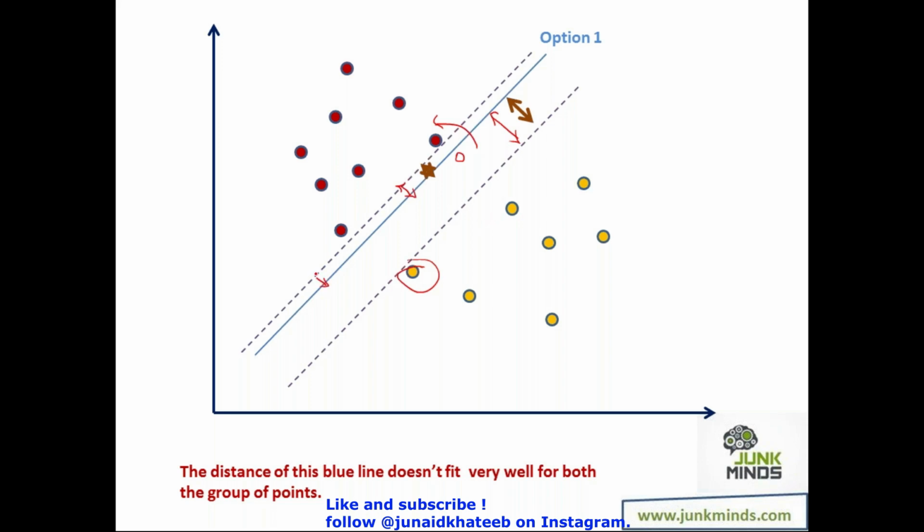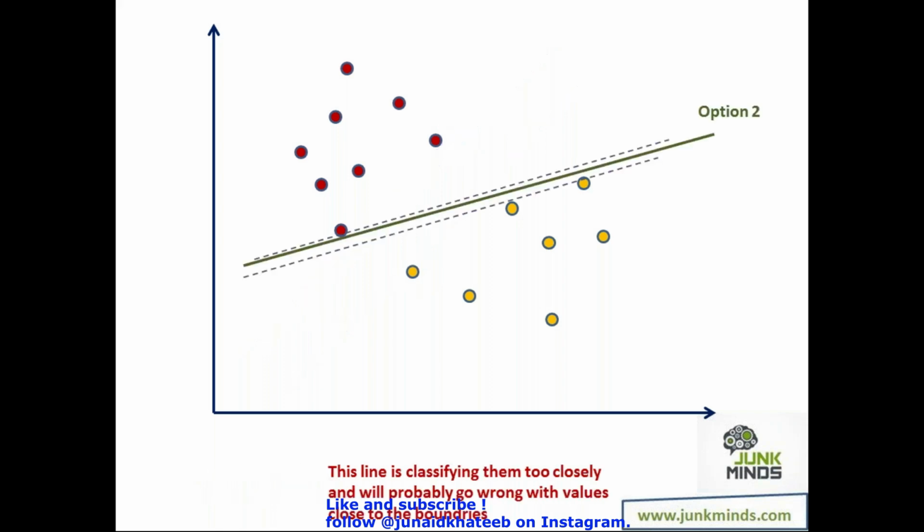This has happened because the margins that I'm getting are not uniform. So this is not going to be a great bifurcation, or a great classification. Imagine if I get this particular line. Now over here, if you look at the margins, compared to the closest yellow colored point, I'm getting this margin and I'm getting very little margin over here. This is in fact even worse than the blue colored line because the margins are so thin. The problem is, if I plot a point over here, this will be classified as a